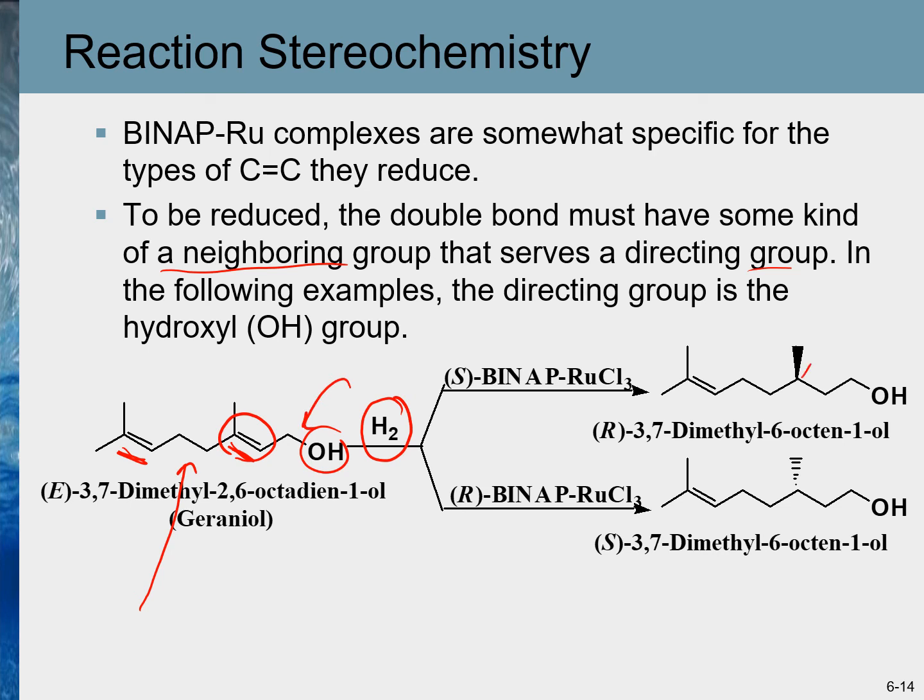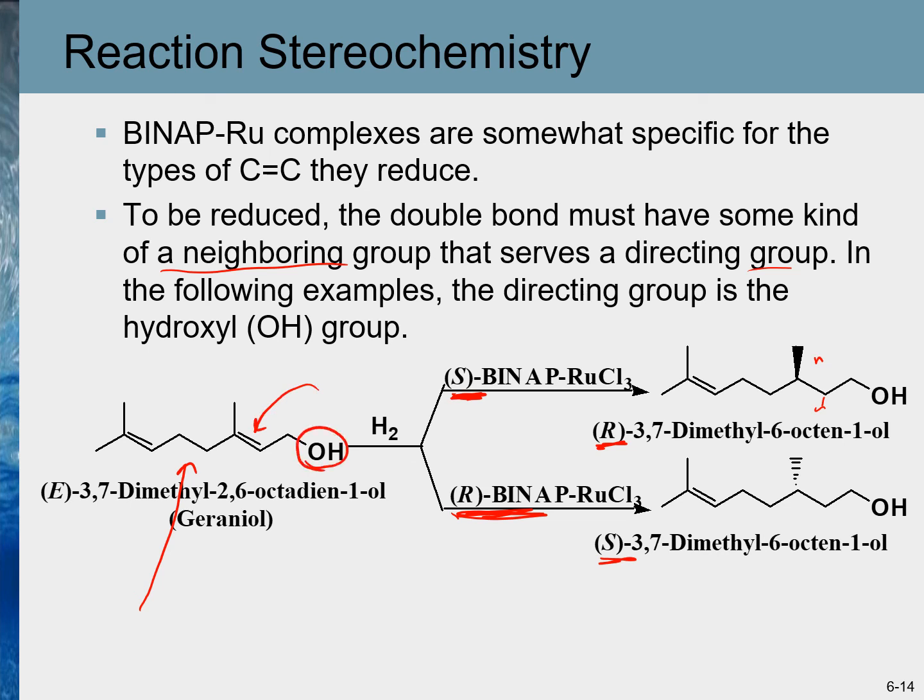So as you can see, hydrogen gets added only to this bond and nothing happens to the other bond. Starting with the S BINAP complex, we get R stereoisomer, and if we use the R complex, then we get the S stereoisomer. But the main point here is that this catalyst will hydrogenate only those carbon-carbon double bonds which have a neighboring